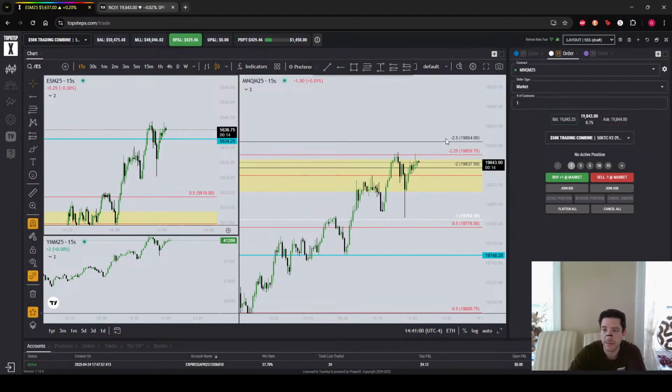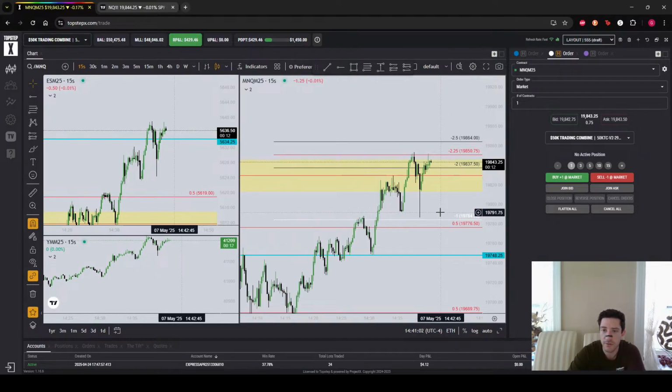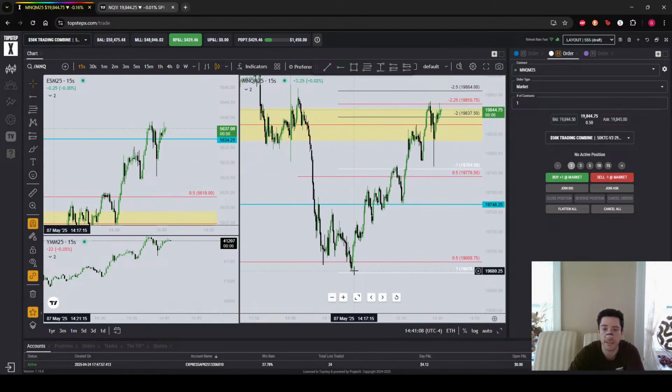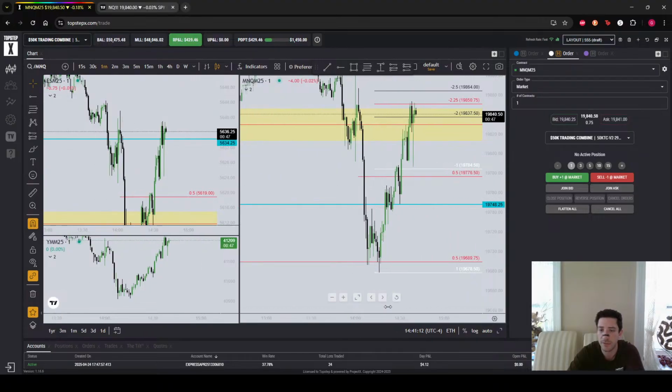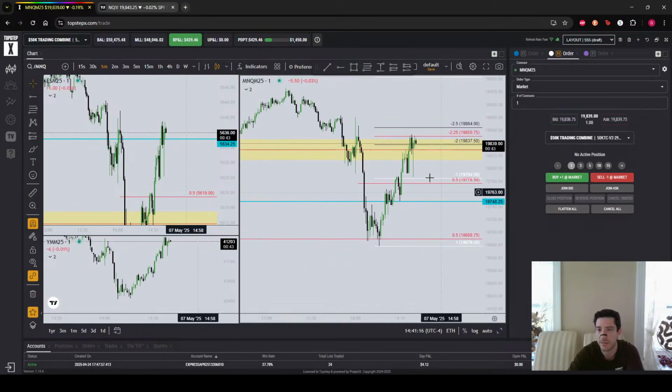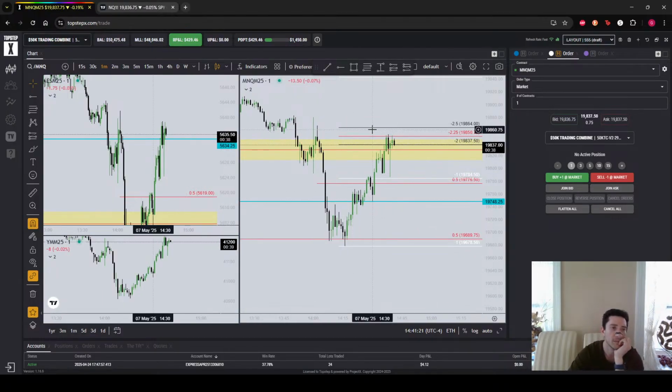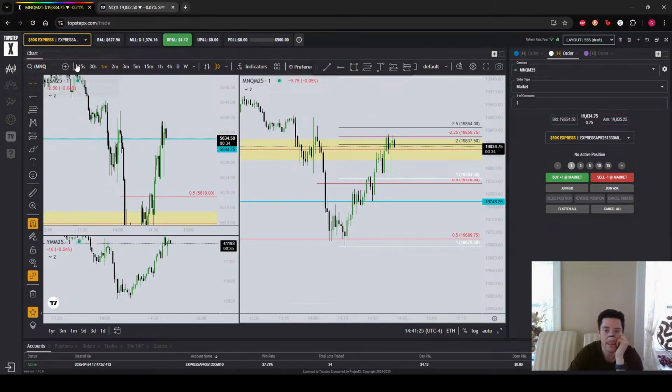We are getting shoved at the midpoint of the -2.5 and -2 standard deviations from the manipulation leg down using the 1 minute highs. Okay, so we're using this 1 minute swing from here to here, the manipulative leg that started to move up, to project where we believe the market should start to turn. I do like how slow it is up there. I do want to bite on the short.